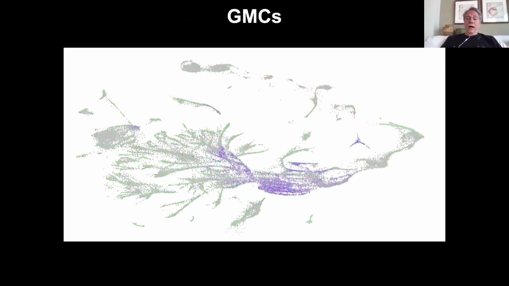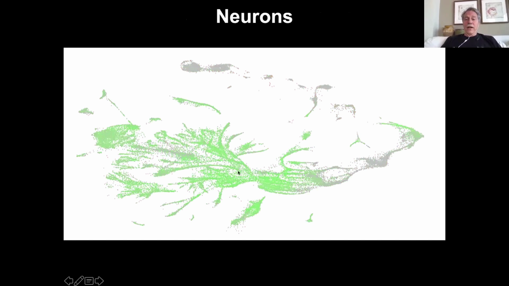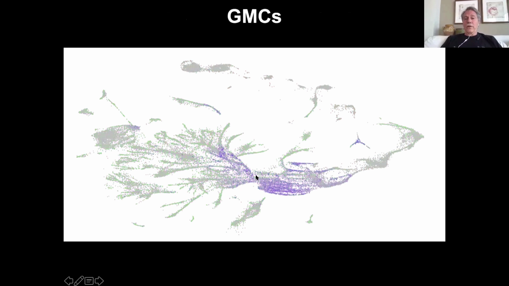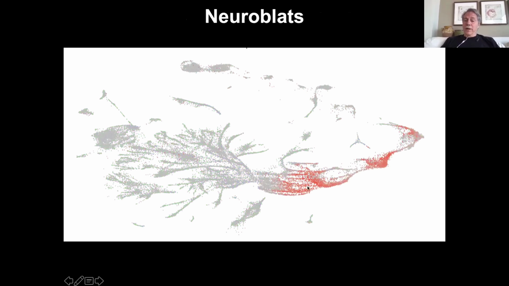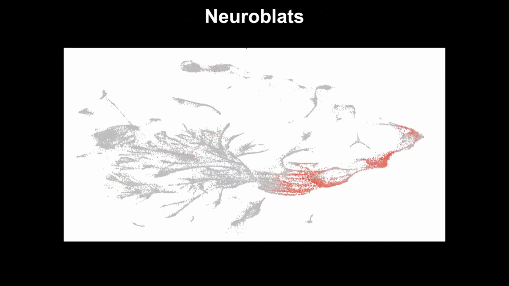So neurons are here on the left side, and I want to focus my attention either on the GMC, but mostly on the neuroblasts. The neuroblasts which are here are the neuroblasts that produce the medulla. There are going to be neuroblasts that produce the lamina, and these are going to be neuroblasts that produce other structures. Okay, so I want to focus my attention on those neuroblasts here that produce the medulla. And the question we can ask is, can we use ways to bioinformatically define which transcription factors are going to be expressed with time?